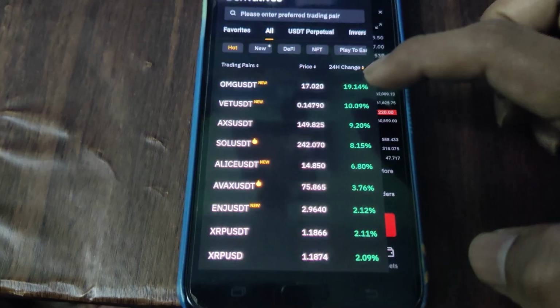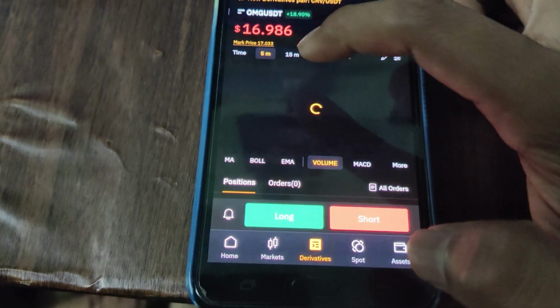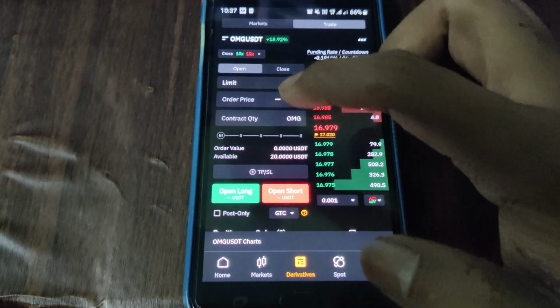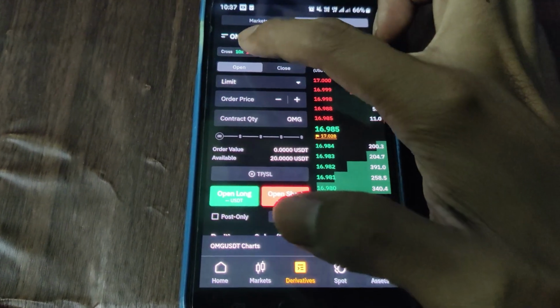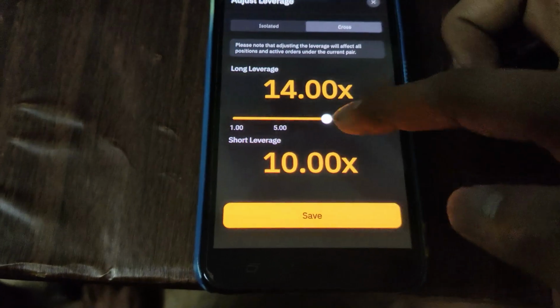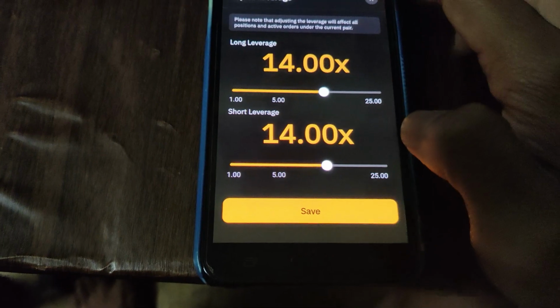You can see the top coins which are at 19% gain. So then click on OMG. Then you have to click here long or short, then select here. Can keep cross, that is leverage. I am choosing 14x, which will make a good profit in a short time.